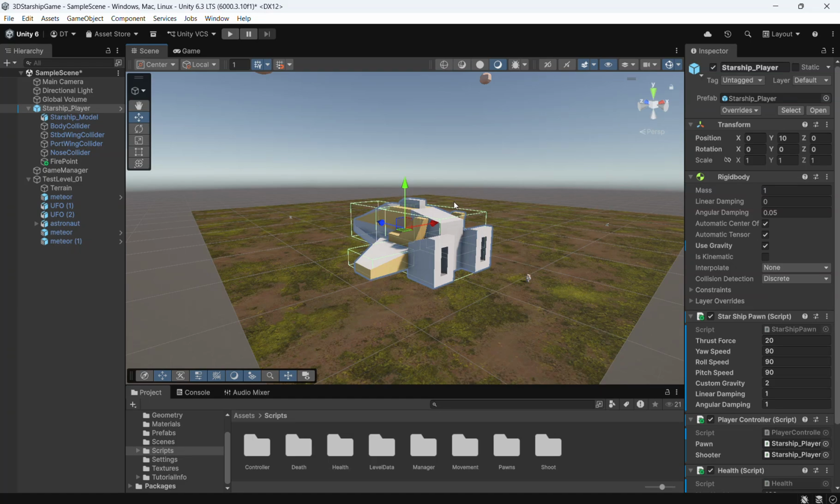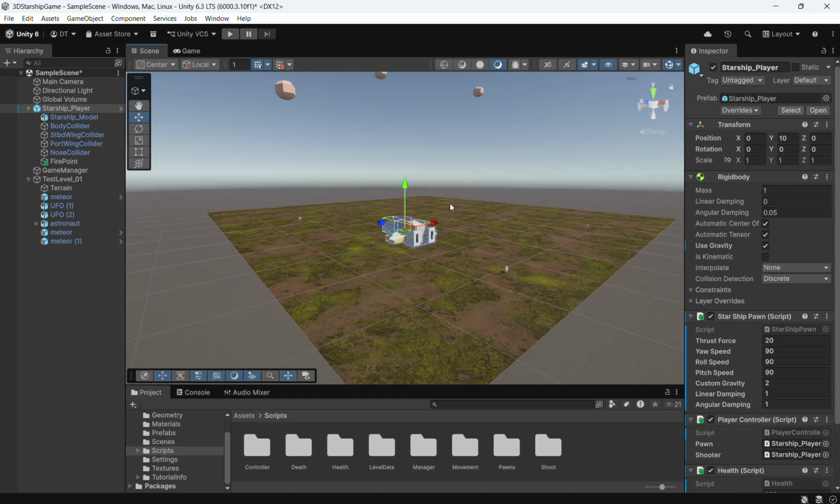Hello, welcome to my 3D version of the Starship Shooter game. I'm going to be showing how the player moves, shoots, and rotates, talking about the code and how we set up our scene. So when we go to push play,